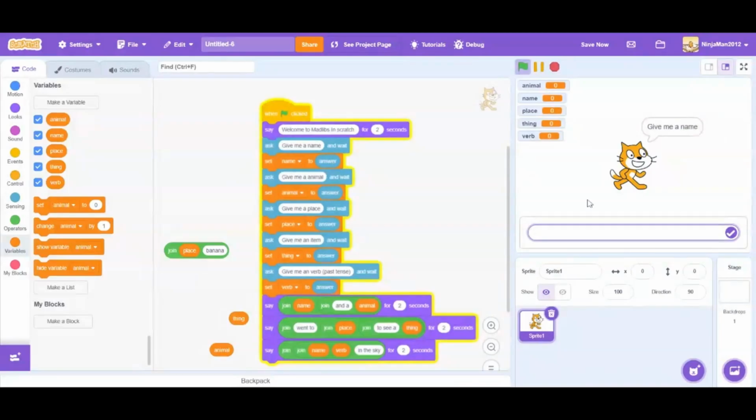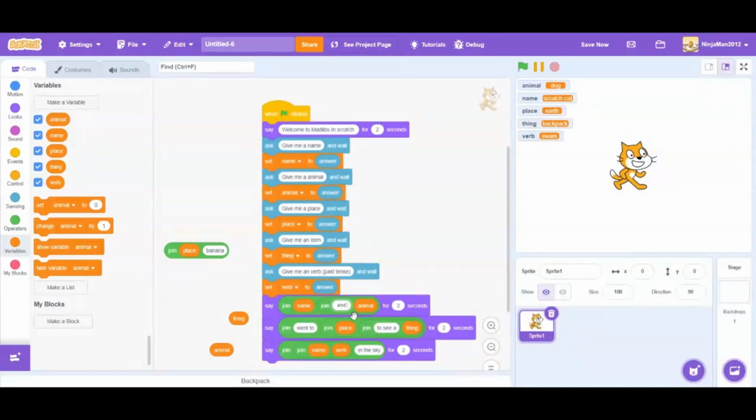Let's do scratch cat, dog, earth, backpack, swim. Scratch cat and a dog. So I made a mistake here. I did not put a space after everything, because there's going to be a word after it. We need there to be a space